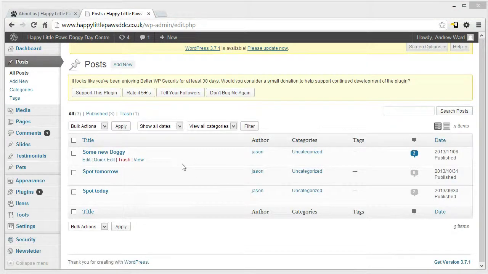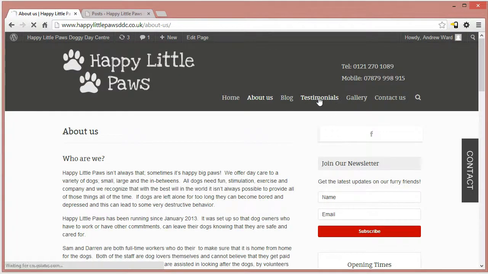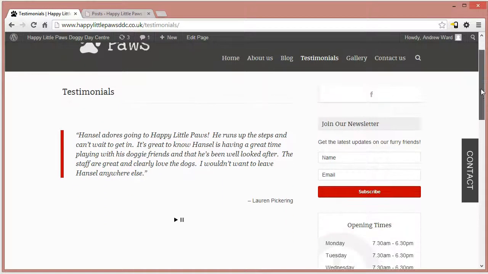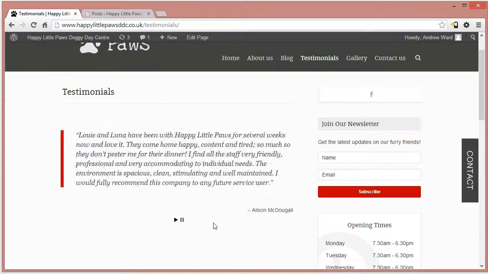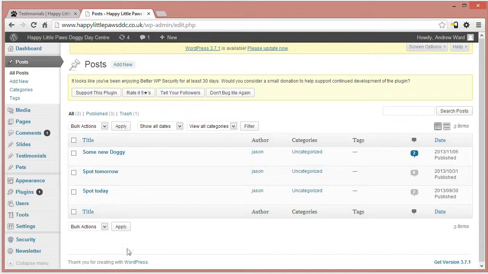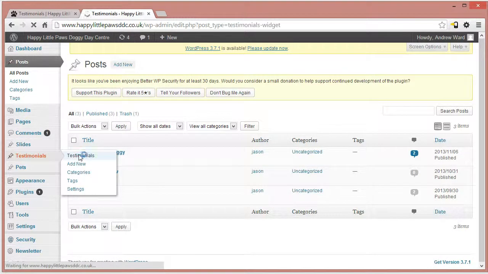Something else you're probably going to want to do is edit testimonials. So if you navigate to the testimonials page on the website, you see you've got testimonials. Now these just play through at the moment. So if we wait for a second, you'll see that they loop through. So if you want to add a testimonial to this looping function, all you do is on the left you've got testimonials. So if you click on testimonials, you can see them,